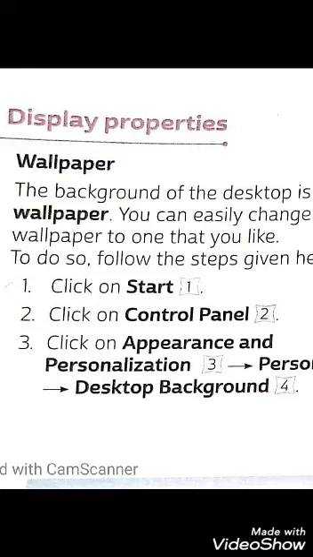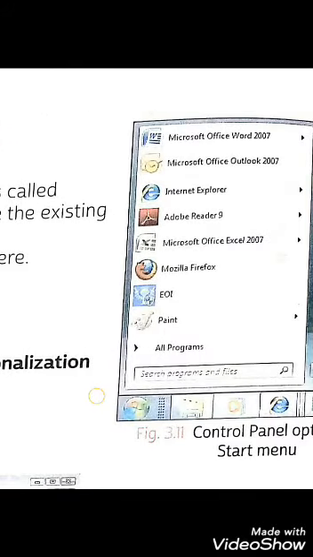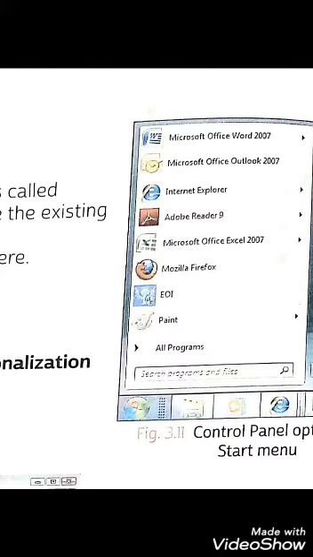If you want a background for the desktop, what is the procedure? What are the steps? First you have to go to the start menu, then you have to click on control panel. Once you click on control panel, there you will see the option appearance and personalization, okay?